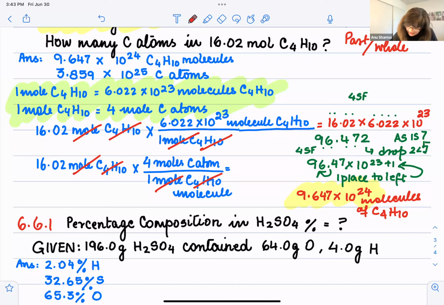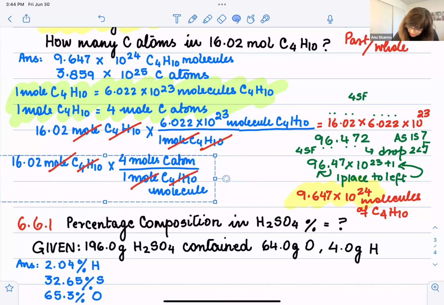You're going to multiply 16.02 times 4, and that gives you 64 point, oh wait, one second. Okay. We will have to do more, because the question is asking how many carbon atoms are there. How many carbon atoms? Yeah. So we are going to do one more step, and that is,